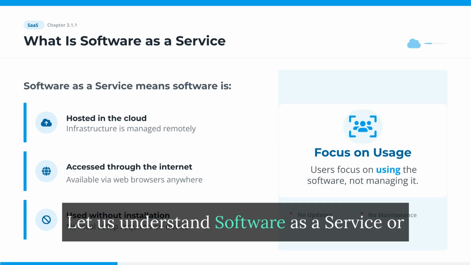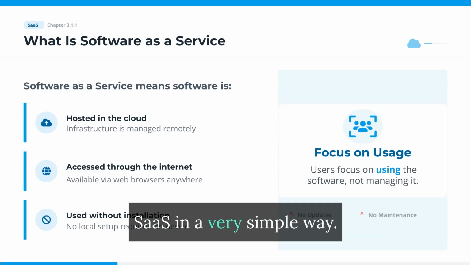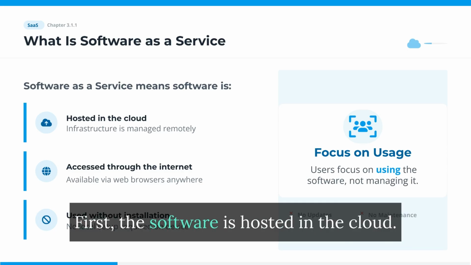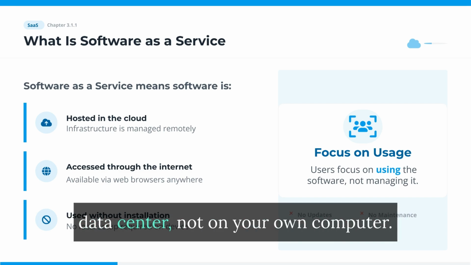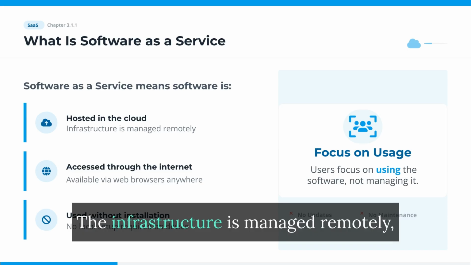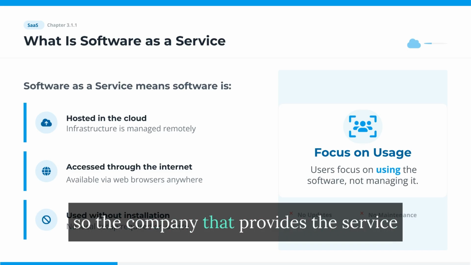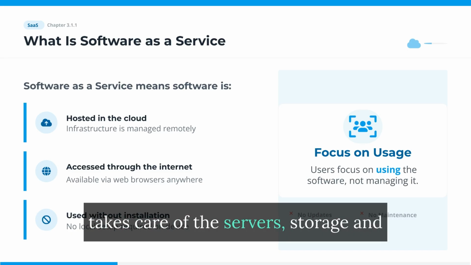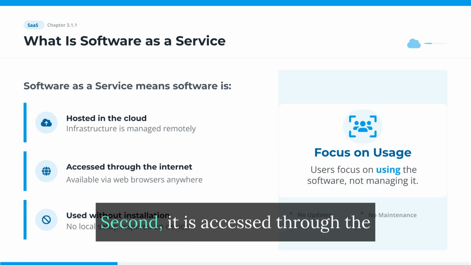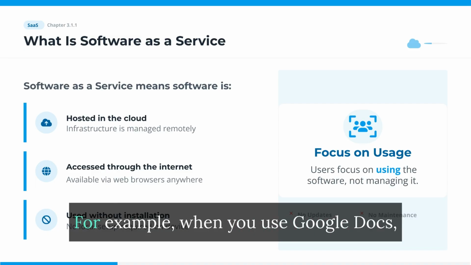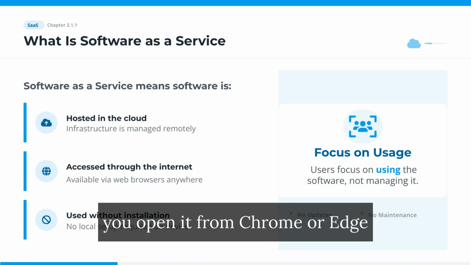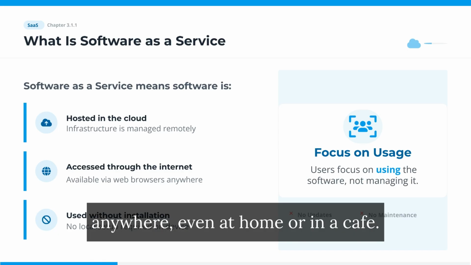Let us understand software as a service, or SaaS, in a very simple way. First, the software is hosted in the cloud. This means it runs on remote servers in a data center, not on your own computer. The infrastructure is managed remotely, so the company that provides the service takes care of the servers, storage, and security. Second, it is accessed through the internet. You only need a web browser. For example, when you use Google Docs, you open it from Chrome or Edge anywhere, even at home or in